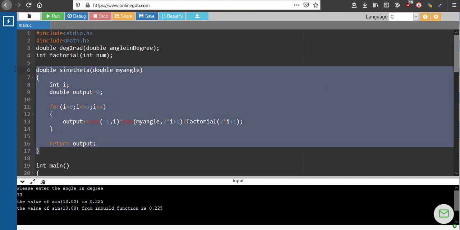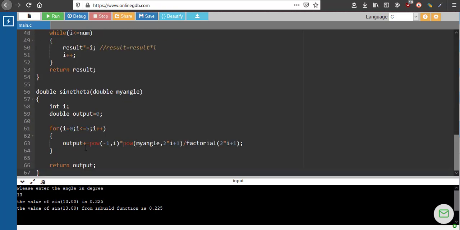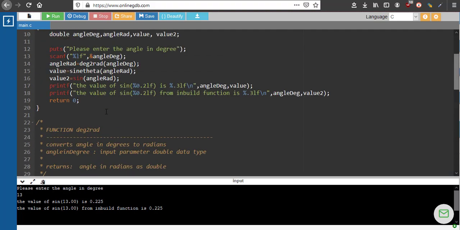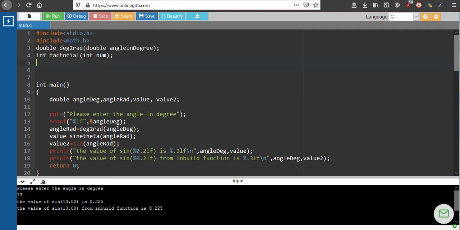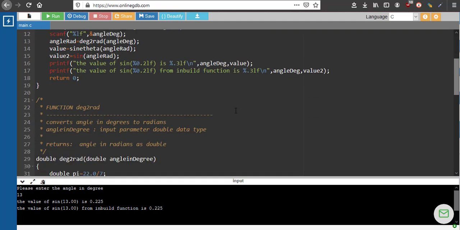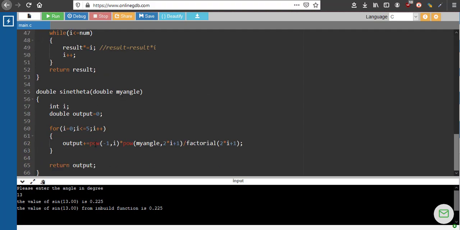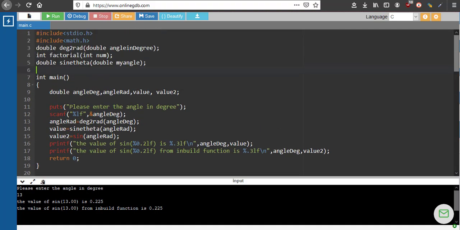This I am supposed to bring it down so that I'll complete it properly, and I'll give a prototype here so that we can avoid warnings. So I hope this is clear to you. Try your own functions. There is actually a similar Taylor expansion for cos series. I think you can try that on your own and check with the cos function. Like sine, there is a cos inbuilt function also in math.h.